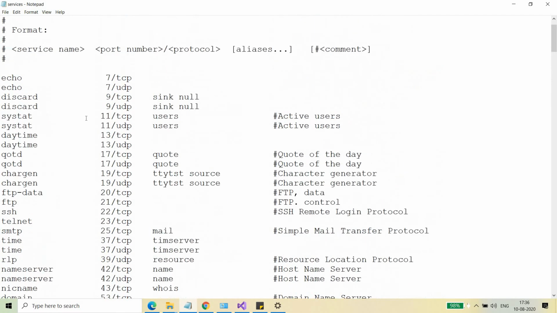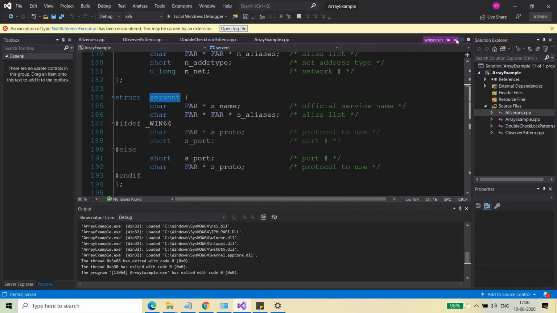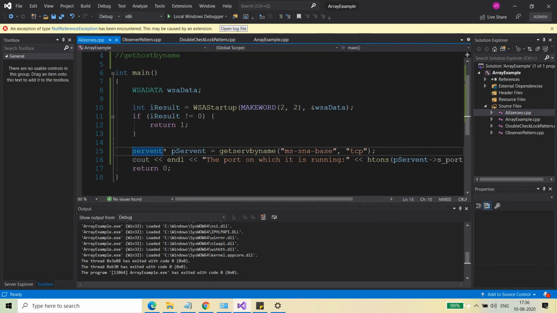So you can understand that using this call, getservbyname, you can get a servent structure, and using that servent structure you can find out everything that you want, like the service name and the port number to which you want to connect. Okay, so this is the way you can do this.